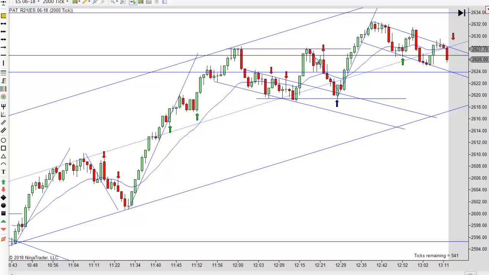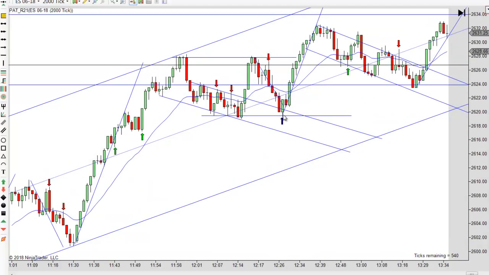And then of course you make a double top here, and then you make a lower high. And it broke higher and turns back down. So I like going short there. Just looking for it to retest this low and hopefully maybe even go to the other side of the channel here. But again, it bounces.